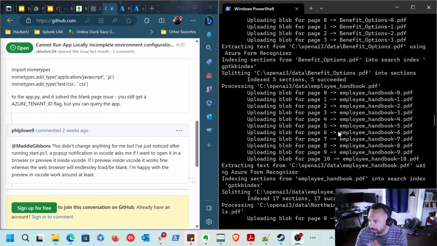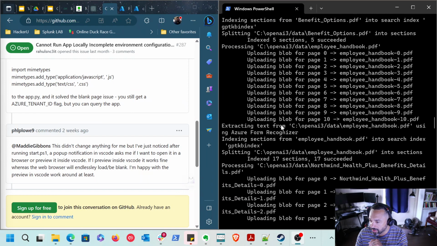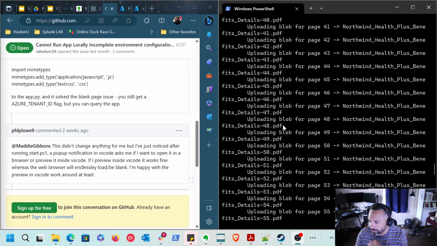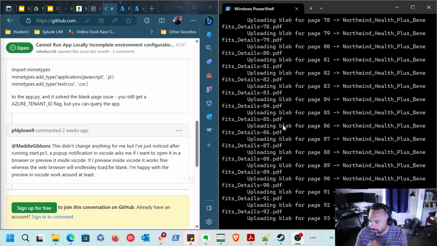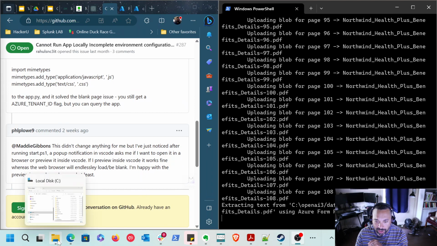And you can see that it takes one PDF and parses it up, right? It chunks it up into these different sections here. And it's got a couple PDFs in here. So again, it's a pretty big PDF, and now it's doing one more. And these files are actually located,